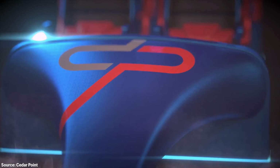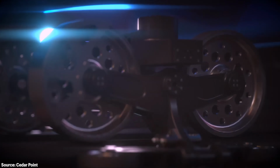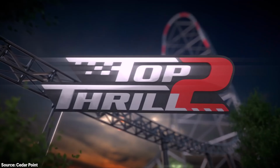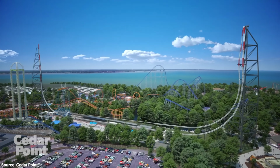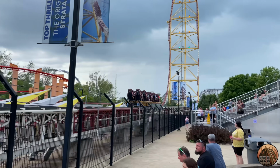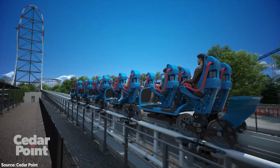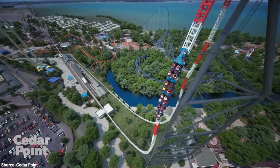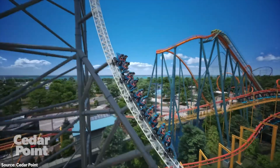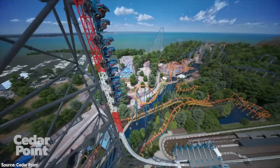In the early hours of Tuesday, August 1st, Cedar Point officially unveiled the reimagining of Top Thrill Dragster, Top Thrill 2. Top Thrill 2 is pretty much what a lot of us expected the ride to be at this point. The powerful but finicky hydraulic launch is being replaced by linear synchronous motors, or LSMs. The 420-foot tall top hat is remaining as is, but a massive vertical spike that also stands at 420 feet